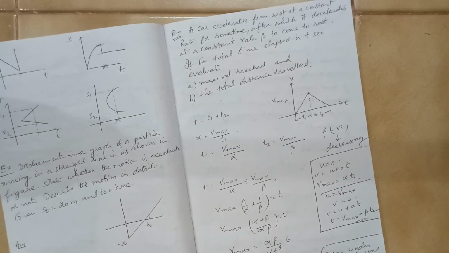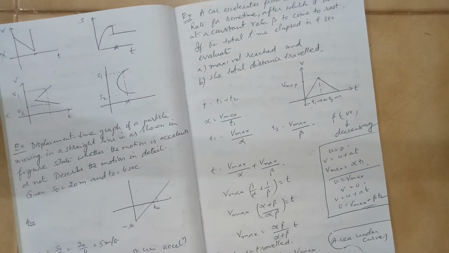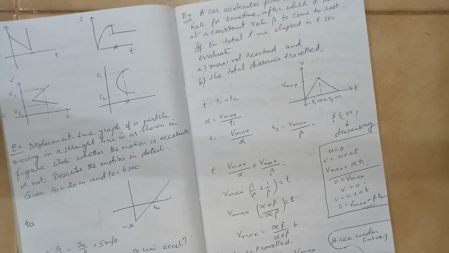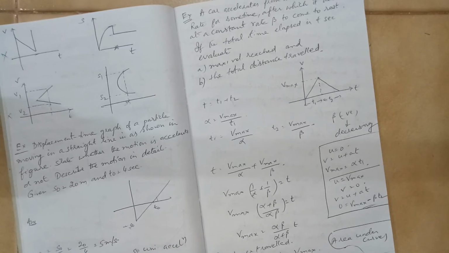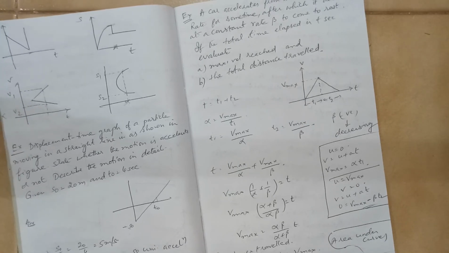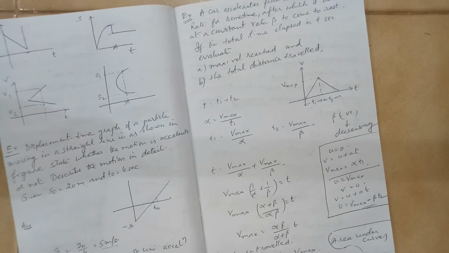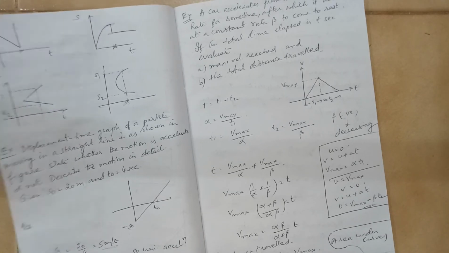Yes, it is a case of a uniform acceleration. If you want to physically understand, imagine a straight road like this. This is s equal to 0 position. Initially it was at minus s0, that means it was 20 meters back. And with what speed did it go? It went with 5 meters per second. So it started from here and it came to the original point and it is moving forward.